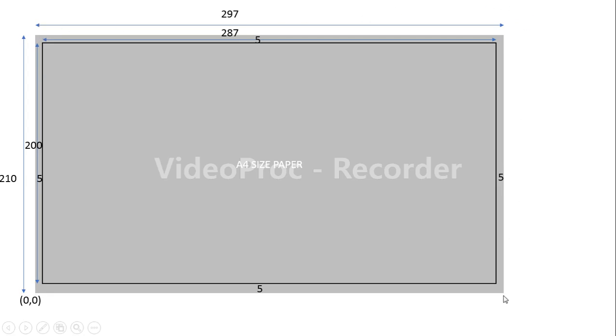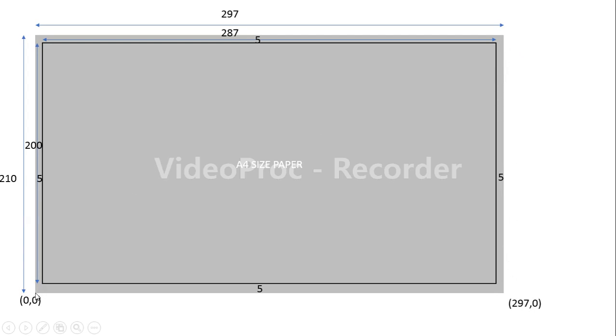So here it is 297, 0. There is a change only in x, because you are starting from the origin and moving in the x direction, so only the x coordinate changes. Now from here, if you go upside, what are the coordinates of this corner? Now you are moving in the y direction, so y will be increased here. What is this height here? What is the width here?